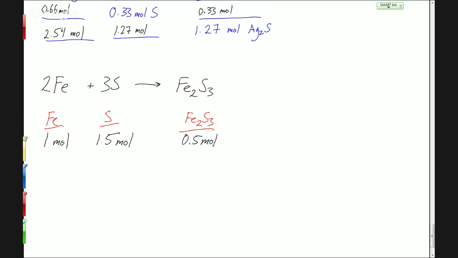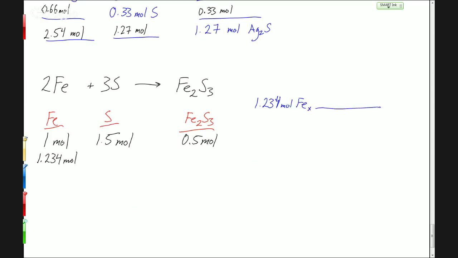So maybe you can do this in your head. But if you can't, let's look at a way to do it using the formulas, like a conversion formula. In fact, let's make an even messier version of it. Let's just come up with some random number. Let's say we have 1.234 moles of Fe. How much sulfur do we need? We can set this up just like a conversion problem. So we can say 1.234 moles of Fe